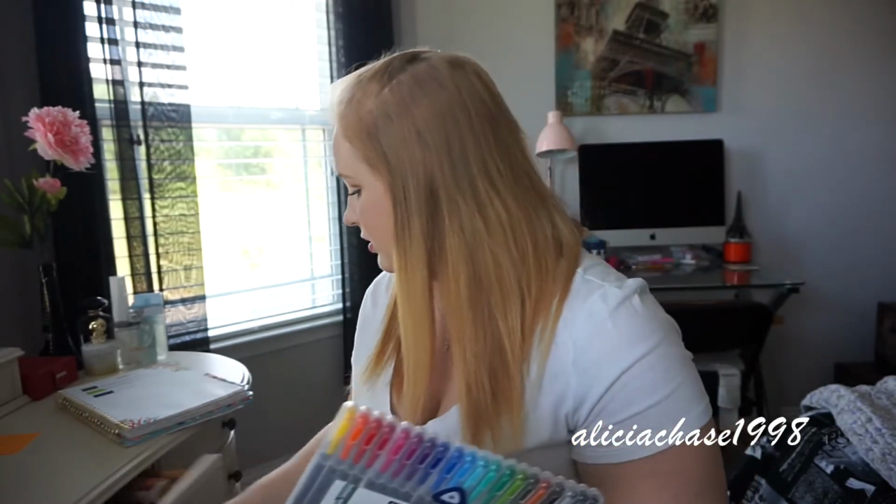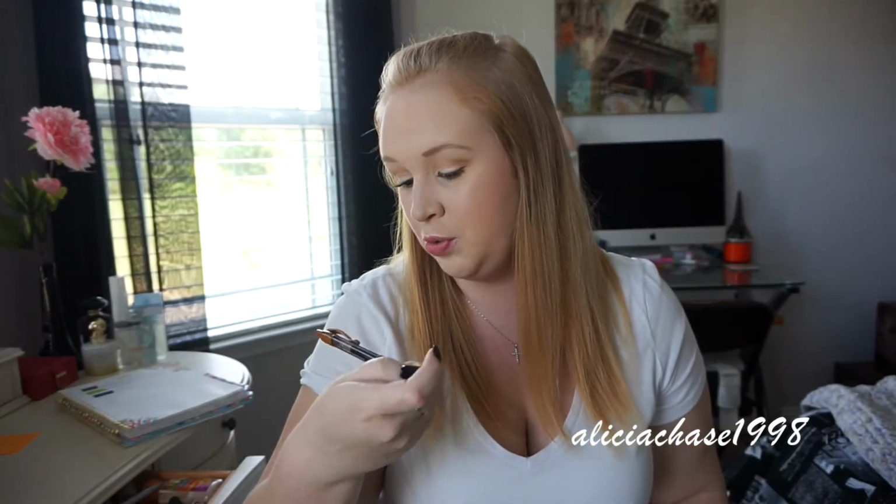I know from personal experience, these are the type of pens I love to use in my agendas. Again, I wanted them but wouldn't buy them because they were so expensive. So I just bought these, the Pilot G2 pens. It's a box of so many different colors. I have them all over the place. That's what I used in high school, but